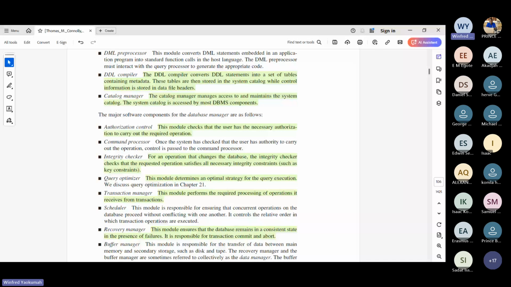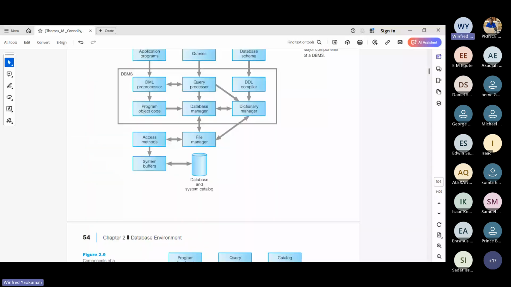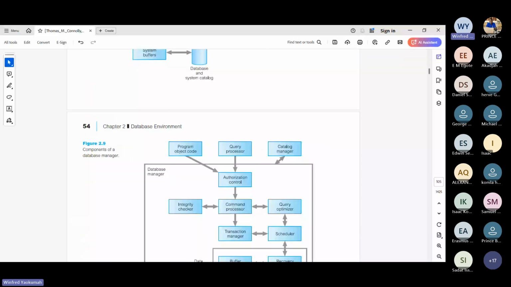Okay, so the text below explains this diagram. This diagram is important when you take